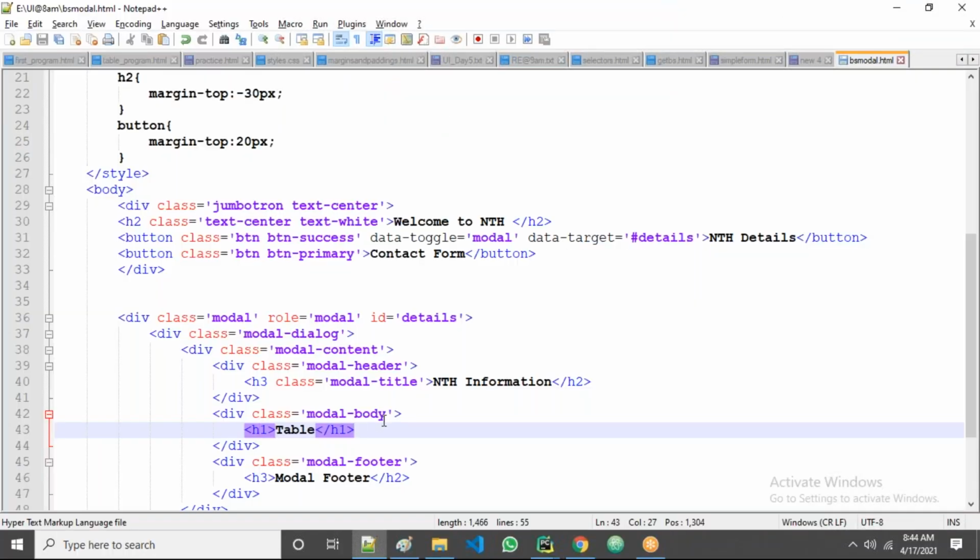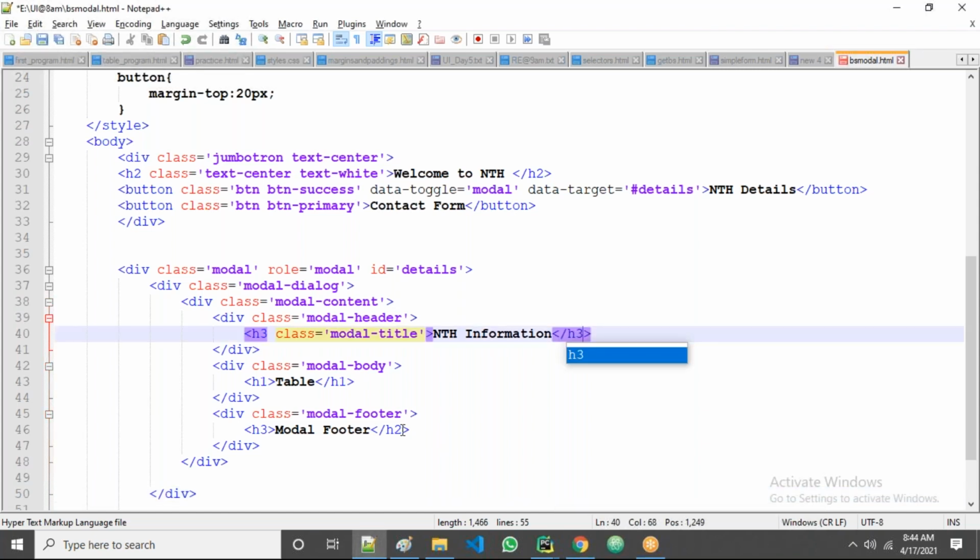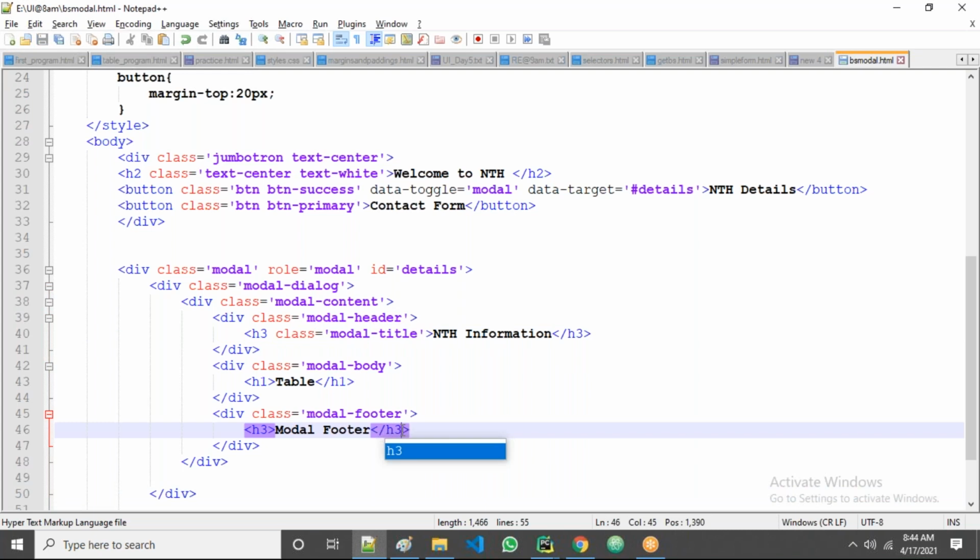In case of header, guys, are all of you clear till now? So H3 open, H3 closed. Here also H3 open, H3 closed.